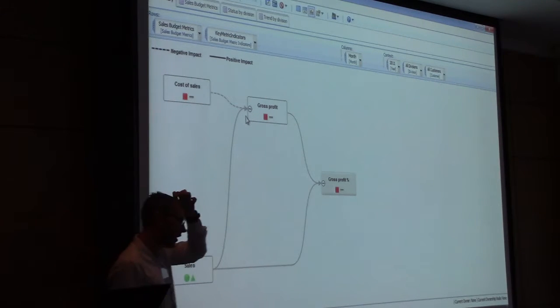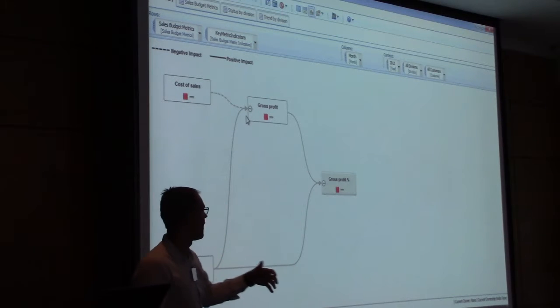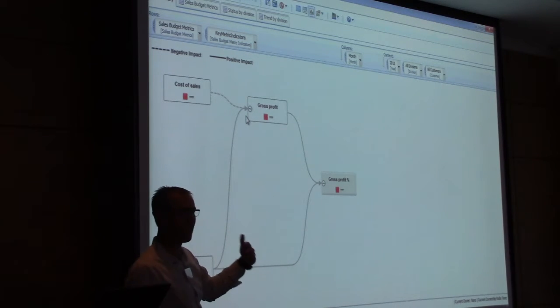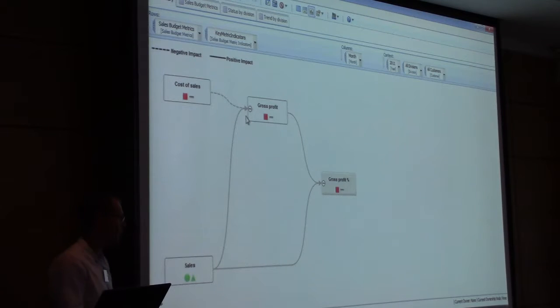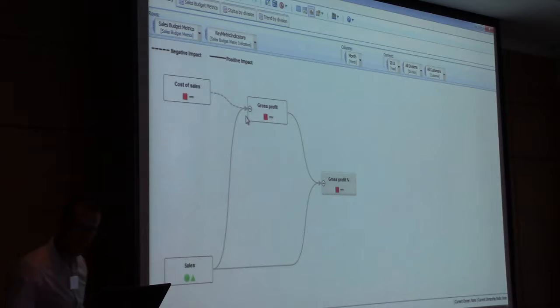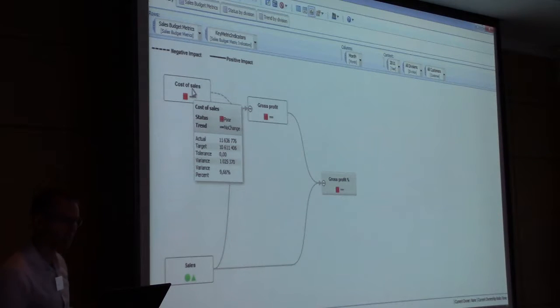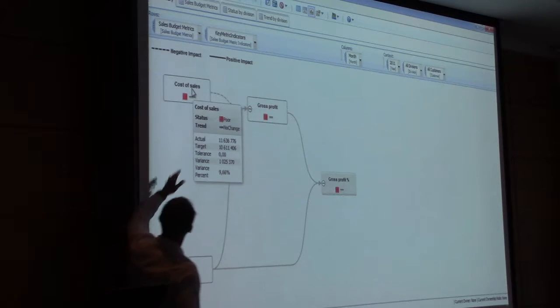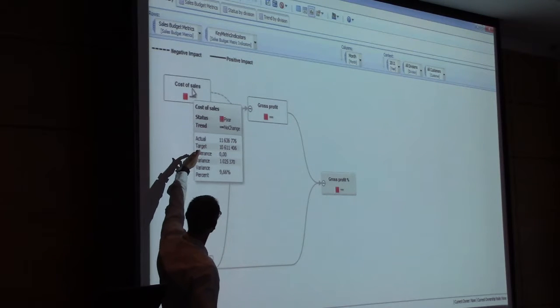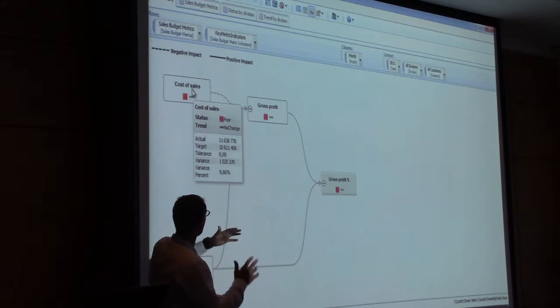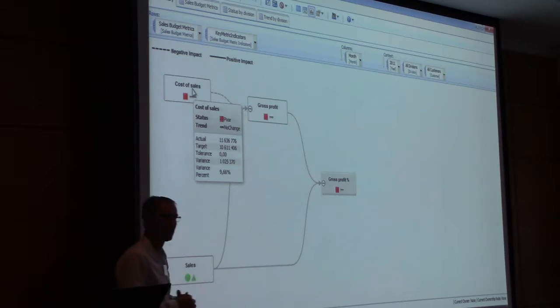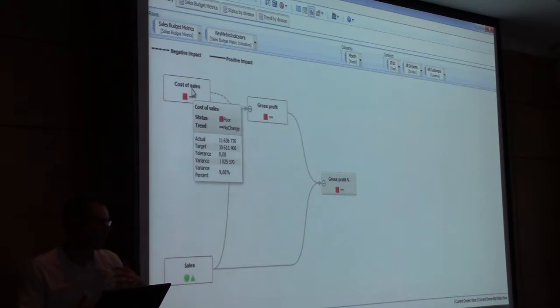So you could start to look at the impact of customer retention, salesperson. So you say what's the customer retention per salesperson, that kind of thing. You can work towards it. And then if you mouse over, it's going to give you a little bit more. What is the actual in your selection? What is the target? What is your tolerance you might set up? And the variance is 9.66. So a lot of in-screen viewing.